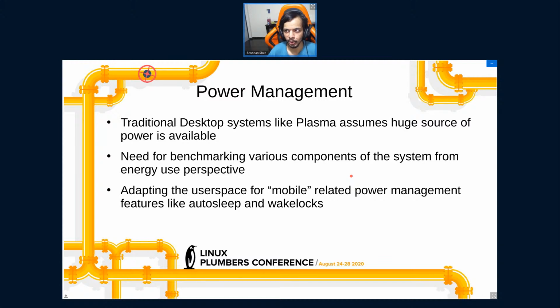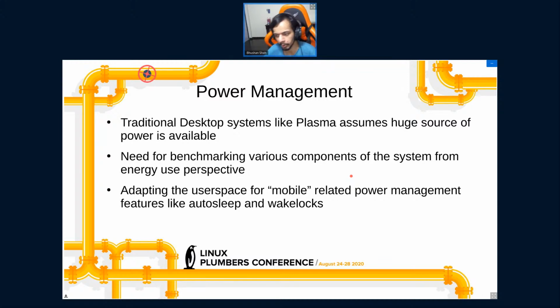But I'd say we need to benchmark the various components of our system from an energy use perspective. We also need to adapt the user space for mobile-related power management features like auto sleep and wake locks. These features come from Android into the mainline kernel, and Android has a pretty nice infrastructure for handling them.